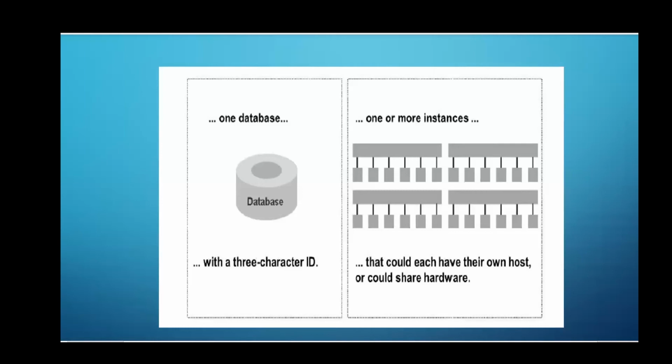Whenever I refer to an SAP system, my SAP system will have a database and central services, which are implemented as message server and enqueue server. This is for your interviewer. Let's consider I have a HANA database, and it will have central services. When I say central services, it includes message server and enqueue server, and the application server instance. For an ABAP system, it will be an ABAP instance. For a Java system, it will be a Java instance.